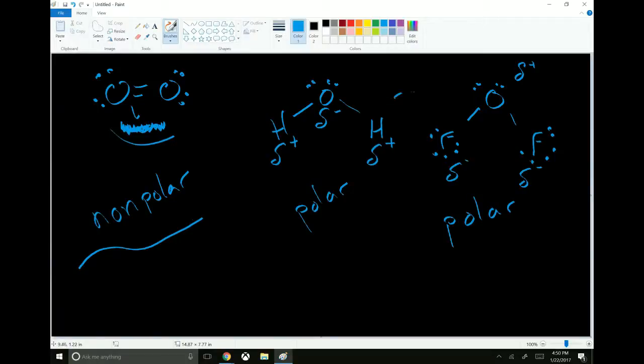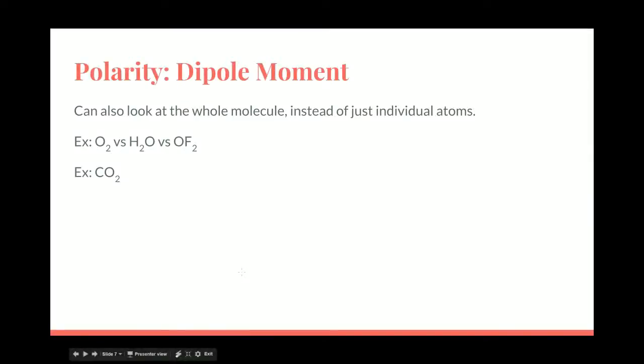There's a reason I've been drawing these molecules like this specifically, because water actually does have this bent shape, okay? And so would oxygen difluoride, if oxygen difluoride actually exists. I don't know if it does. And molecular oxygen over here on the left actually does have that straight line shape. It can't have any other shape. It's just two atoms attached to each other. Whereas carbon dioxide also has a straight line shape. Okay, so that's why molecular geometry is going to matter,